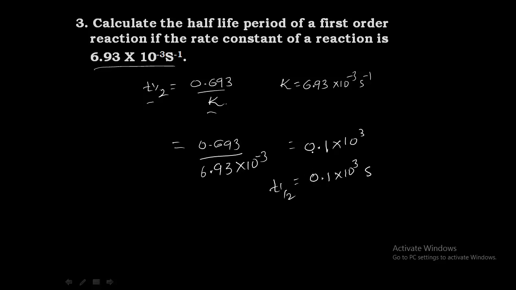So whenever they ask you to calculate the half-life of the first order or half-life of zero order, we have to use the relationship between half-life and first order. And if they ask zero order, we have to use half-life and zero order. That is given as T half is equal to how much it is? R naught divided by 2K. This is for zero order reaction. Okay. So now it is first order. So we will use 0.693 divided by K. So this is how we calculate the half-life period.